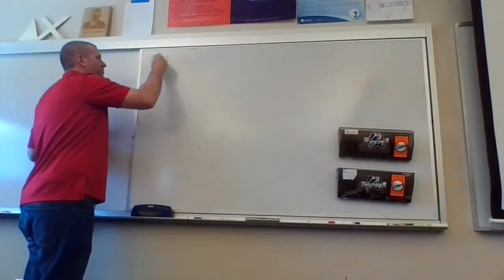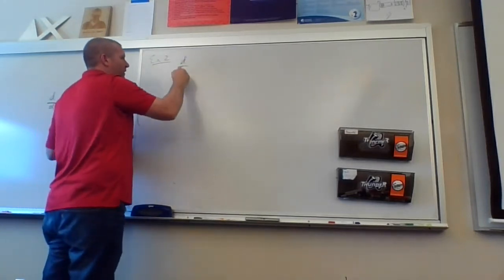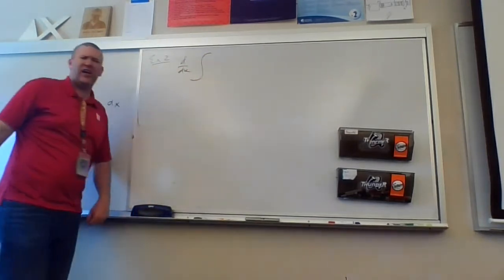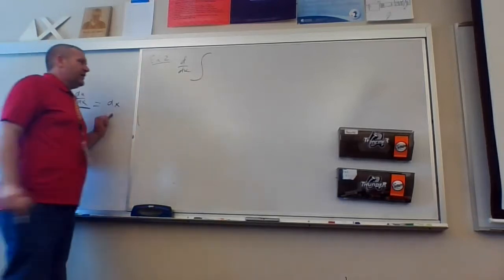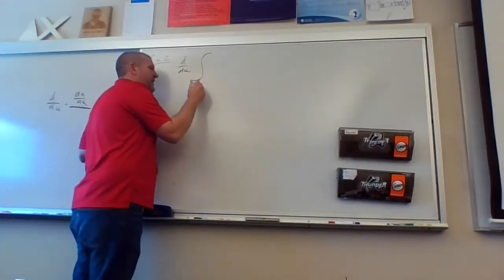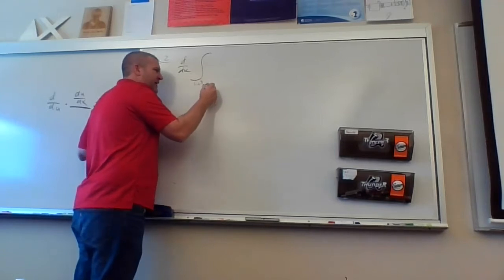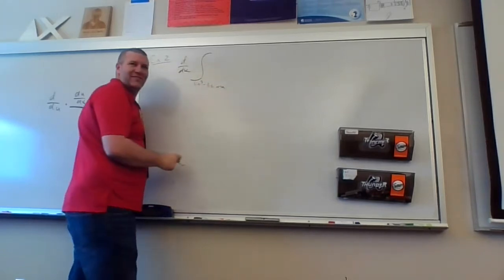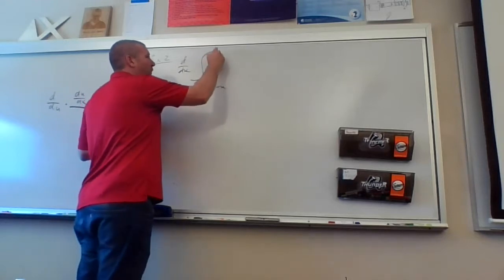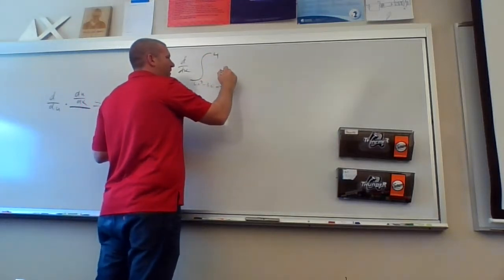Example number 2, straight off the internet. The derivative with respect to x of the integral of, oh, let's make it a little bit nastier. Let's go for 6x cubed minus 3 sine x to 4 of